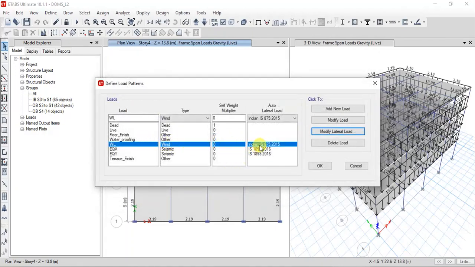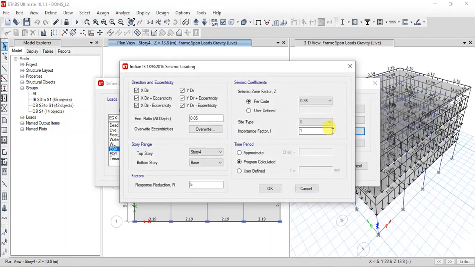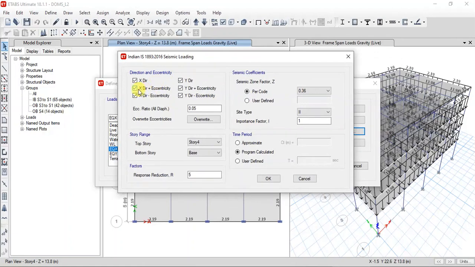So now by doing all this, we are already done with applying this wind load. Now we'll go to earthquake force, click on modify lateral load. Note that we are actually making changes in earthquake load for x direction. So if you are doing for x direction, please uncheck all the direction of application, only check the x direction